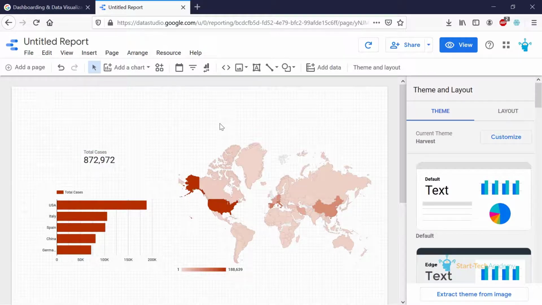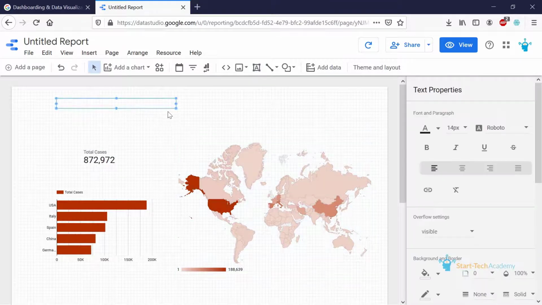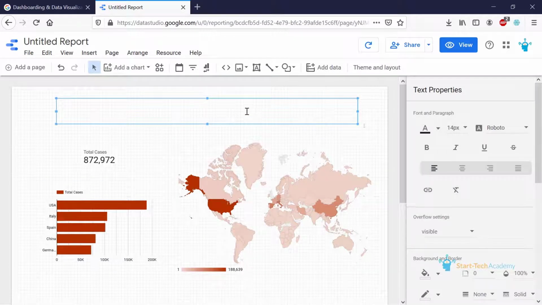And lastly, we should give a heading to this report. For that, I'll add a text box. And in this, we will write COVID-19 status as on 1st April 2020.